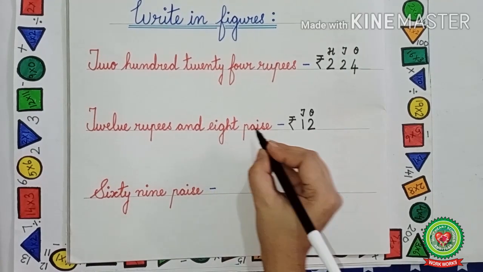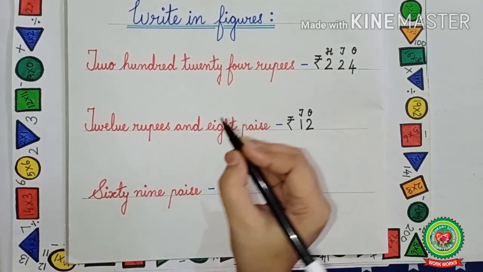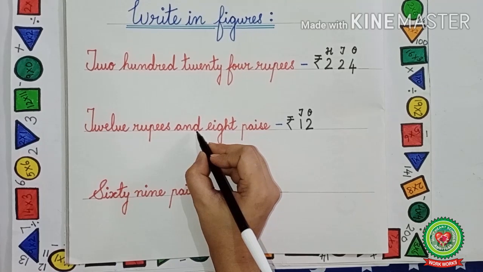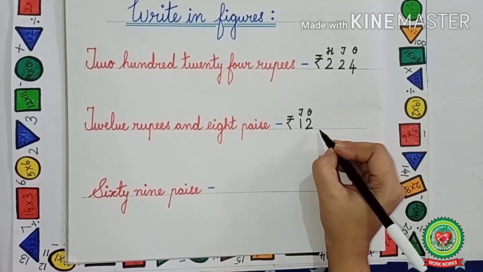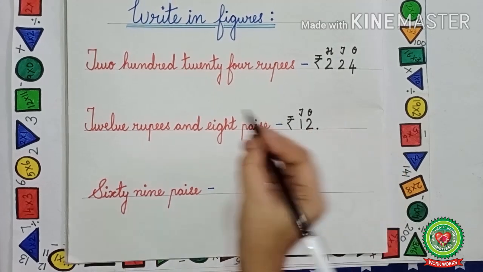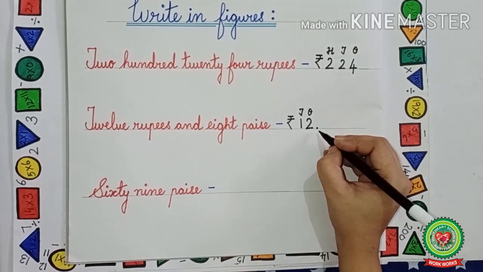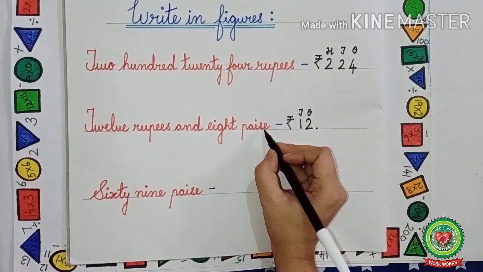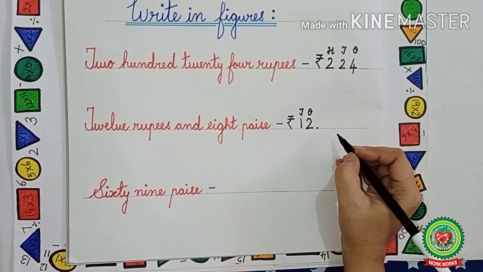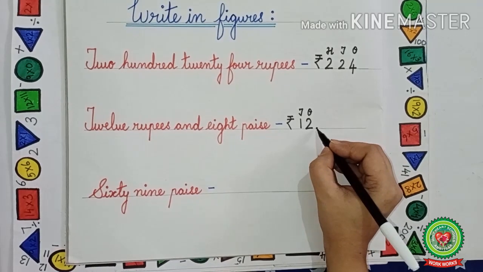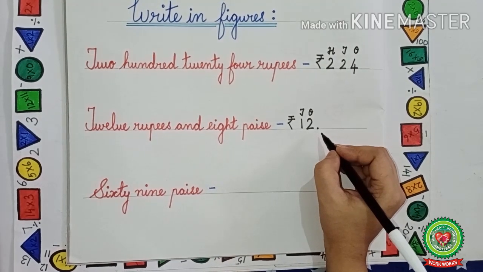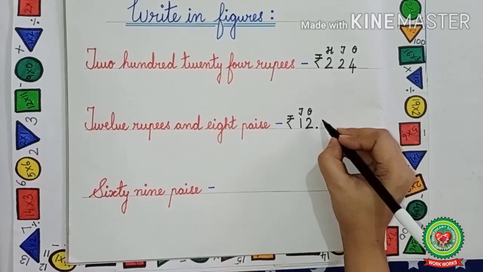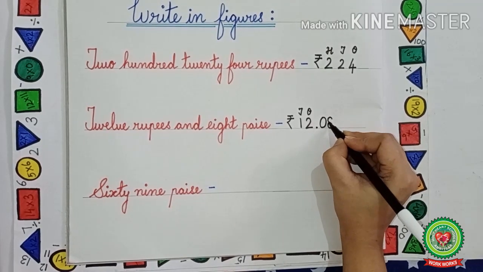Now and 8 paise. Now remember kids, I have told you whenever point is there we will write in words and. So in here also it is written and, that means we have to put a point. So we will put a point. Also to separate rupees and paise we have to put a point. So we will put a point over here. Now it is written 8 paise. Now kids, I have told you that paise is always of 2 digits. That means the point always comes after 2 digit from the right hand side. So 8 is not 2 digit, 8 is only 1 digit. So what we will do? We will write it as 0, 8.